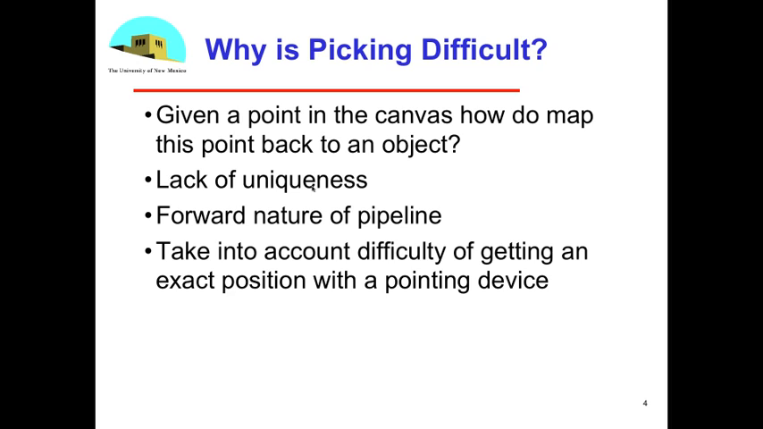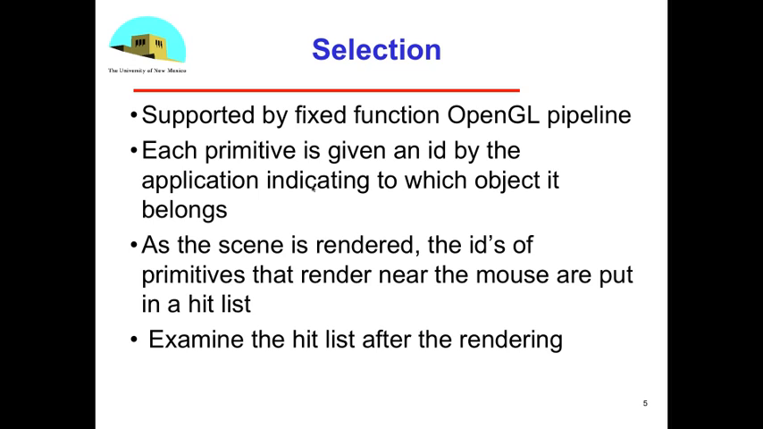Suppose we're trying to pick a line. An object like a triangle that's filled is much easier, but something like a line, which may be 1 pixel wide, is pretty difficult to point to. So I may want a strategy that takes into account that I may only be close to that line, and we'll see that in this discussion. But let's start on the first method, which is called selection, and as I said, it was supported